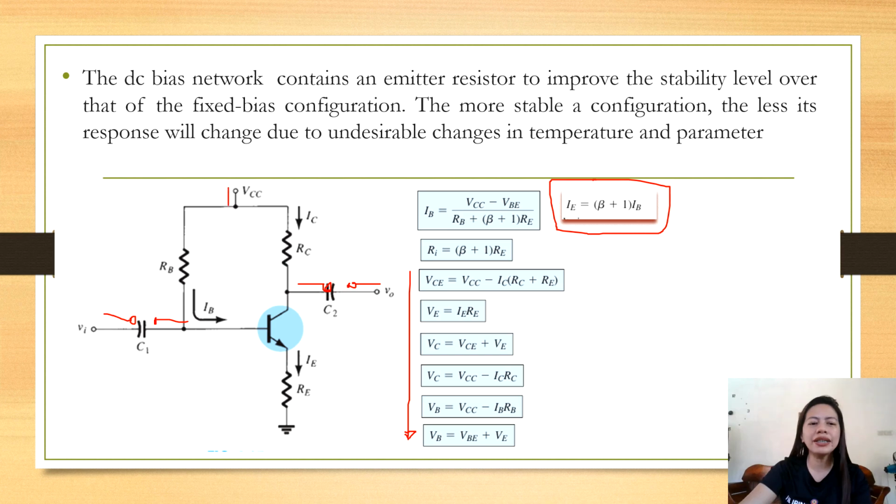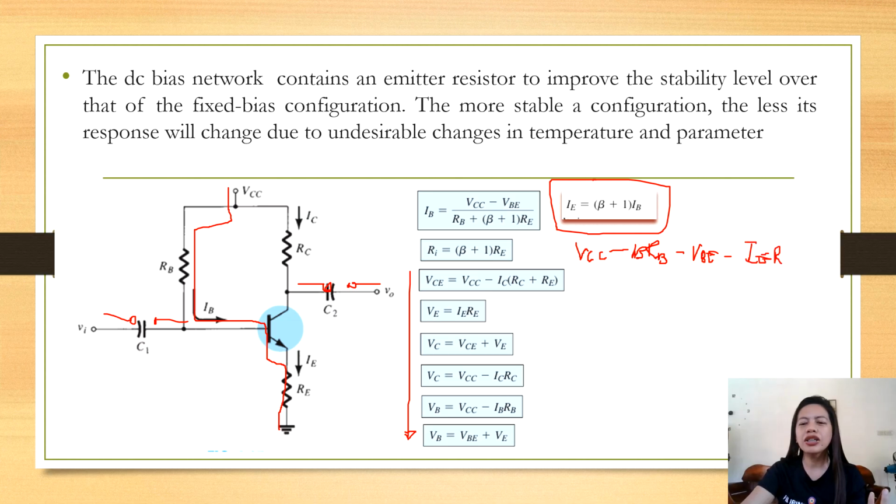Okay, so we will start with VCC. In your mind, you can set there VCC minus IBRB minus VBE, right? Then going down minus IERE. So the current across here is what we call IE, then to the ground. So in equation, we can say VCC minus IBRB, oops, and hopefully you can still understand my writing. I'm just using a mouse right now. VCC minus IBRB minus VBE, okay, I'm doing my best right now, minus IERE.